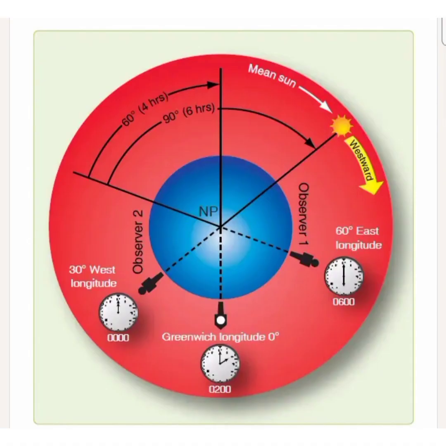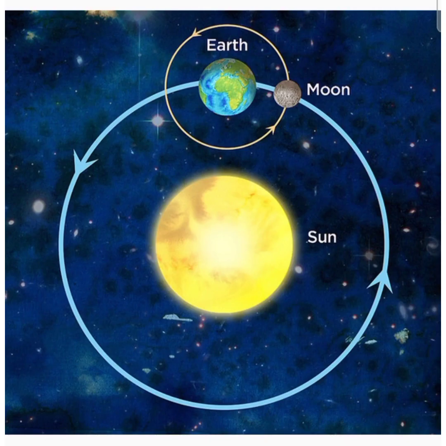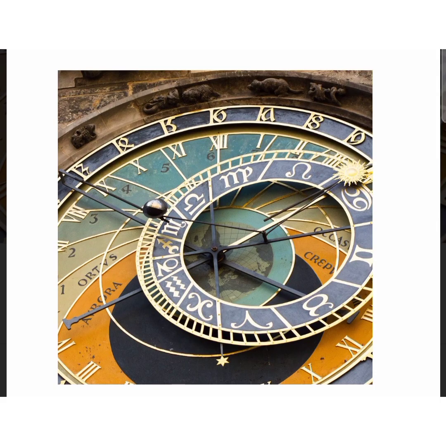Now we will see longitude and time. The best means of measuring time is by the movement of the earth, the moon and the planets. The sun rises regularly and obviously sets every day, and naturally it is the best timekeeper throughout the world. Even in ancient times, when there was no clock, people used to assume the time through this method only. They used to see where the sun is and judge the time accordingly.